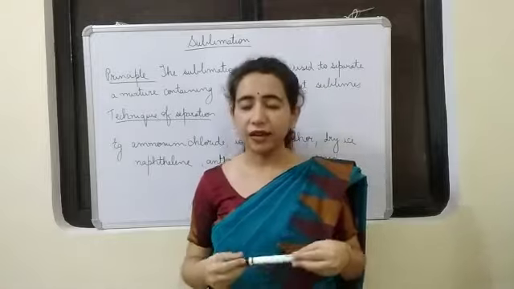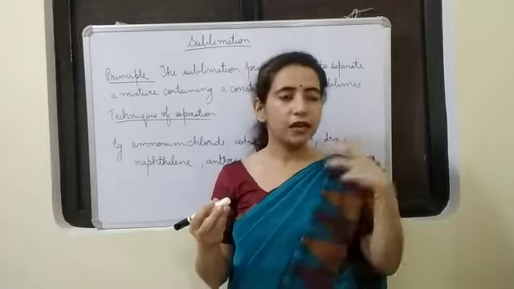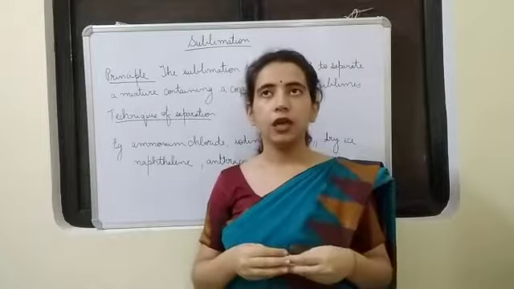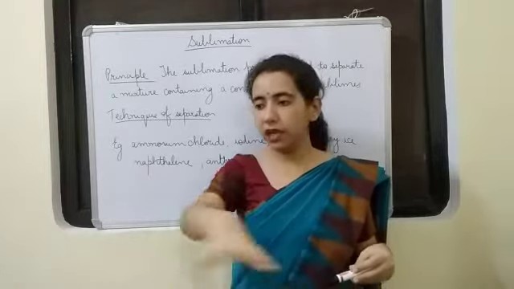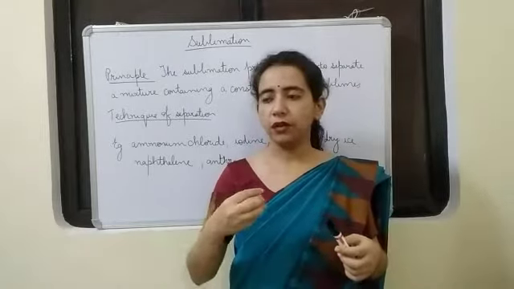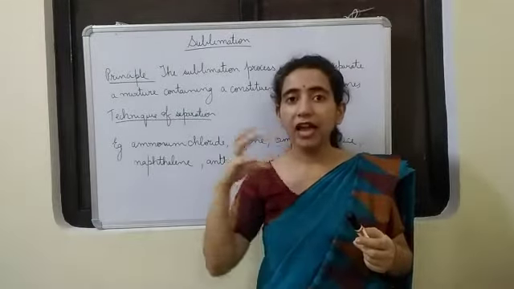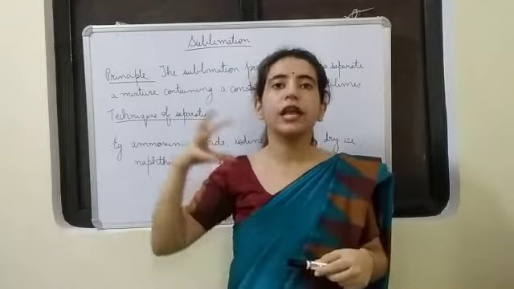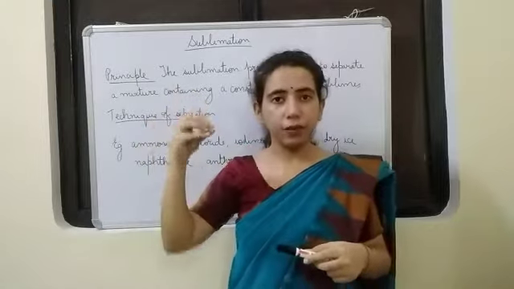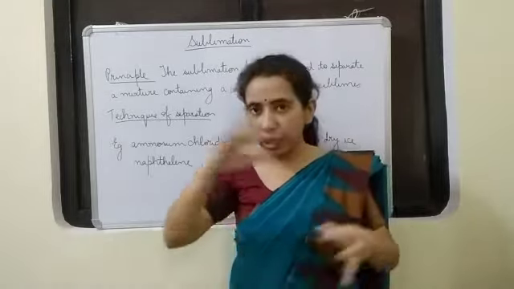Then there is magnetic separation. In magnetic separation, we will use a magnet, and the magnetic material will be attracted from the mixture. The example that is known is taking scrap iron from a heap of waste materials. Whenever there is a dumping area, so many waste things are dumped together, and if we want to take the iron materials out, we will take a strong electromagnet. That electromagnet is going to attract the iron material, but other things will not be taken. In that way, scrap iron can be taken from the heap of waste.